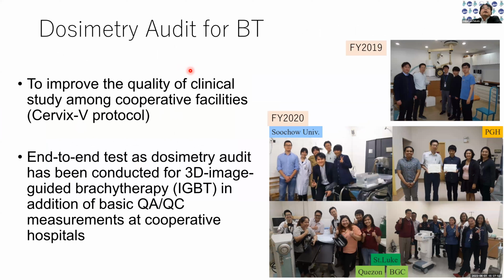The dosimetry audit for brachytherapy has the purpose of improving the quality of clinical study among cooperative facilities, as mentioned. Additionally, as a feasibility study, an end-to-end test dosimetry audit has been conducted for 3D image-guided brachytherapy.